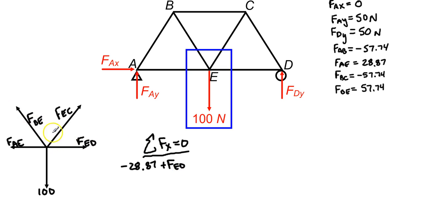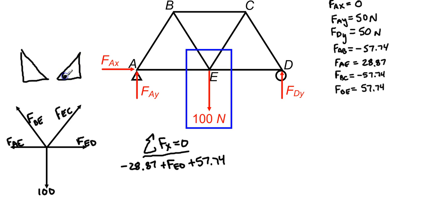And then we've got the horizontal component of BE, but we already know what BE is. Alright, so what we have to be careful of is, is this in the positive or the negative? Well, we've already figured that out, so it's going to be a positive force